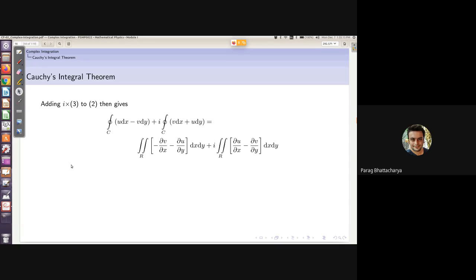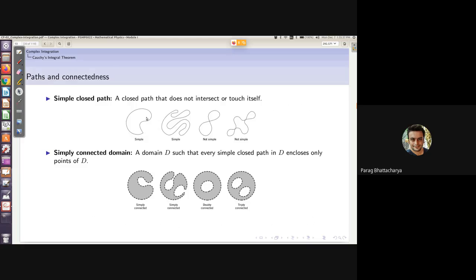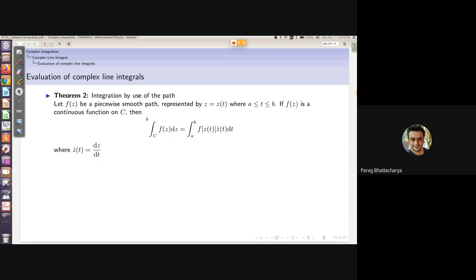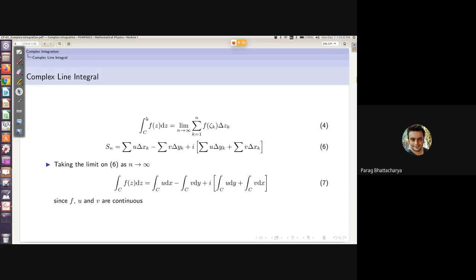Now, a little bit of rearrangement and manipulation. On the left hand side, if you see, this is nothing but f of z dz. Do you agree? Can you see how? This is the integration of f of z dz. If you're not able to see how, we need to go back to one of the previous results. We use this result, integration of f of z. We already derived this, the definition of the complex line integral.